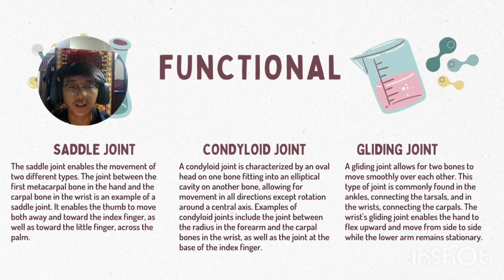Lastly is the gliding joint. A gliding joint allows two bones to move smoothly over each other. This type of joint is commonly found in the ankle, connecting the tarsals, and in the wrist, connecting the carpals. The wrist gliding joint enables the hand to flex upward and move from side to side, while the lower